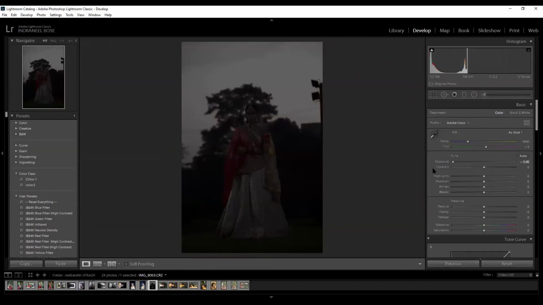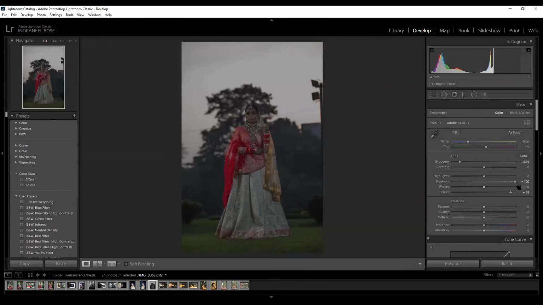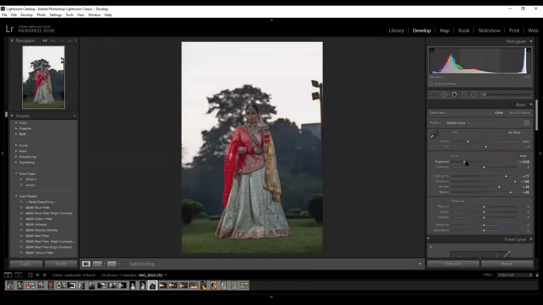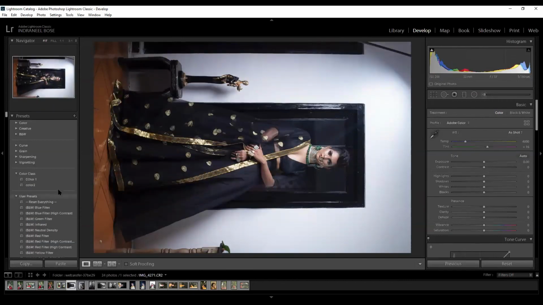It's just blurring out the colors. It's darkening out the colors. Now if I try to bring the blacks, the shadows a little out, a little highlights, see, it still remains the same because there is no detail in it that it will pull out. It's a blank sky, there is nothing in it, so you can't pull out. Here you have to understand one thing. One image, let me go to this image.